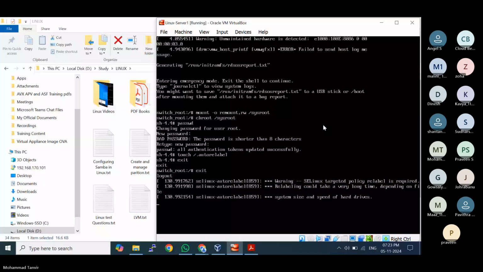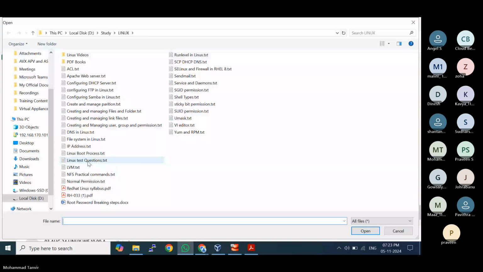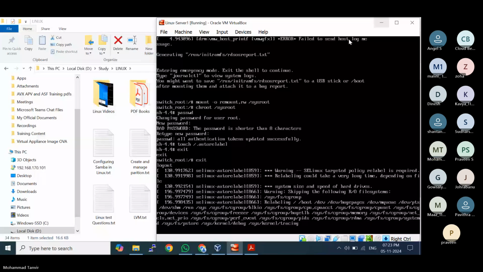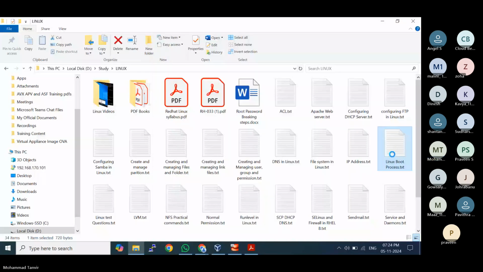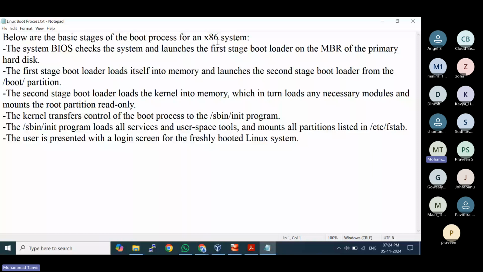Meanwhile, it is going to reboot. We'll discuss the Linux boot process. So what exactly is the Linux boot process? How does Linux boot? First of all, when we power on any computer machine,